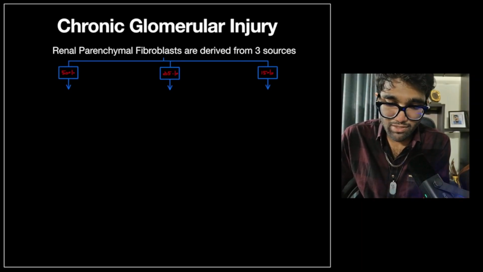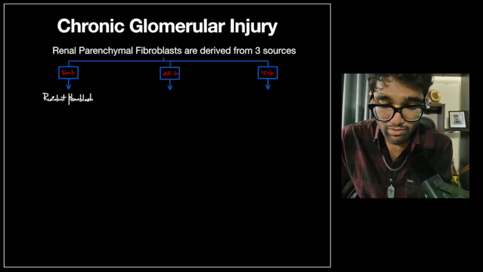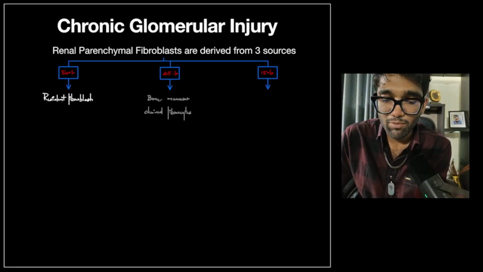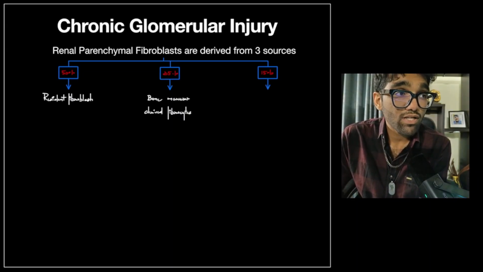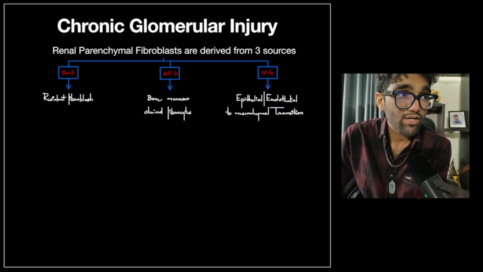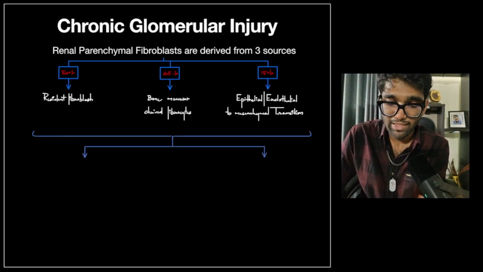So, this is something that is rather interesting. 50% of the fibroblasts that you might see in a biopsy in the interstitium of a patient with CKD are resident fibroblasts. 35% of them are actually bone marrow derived cells called fibrocytes. Okay, and 15% are epithelial or endothelial cells that have de-differentiated into mesenchymal cells, and